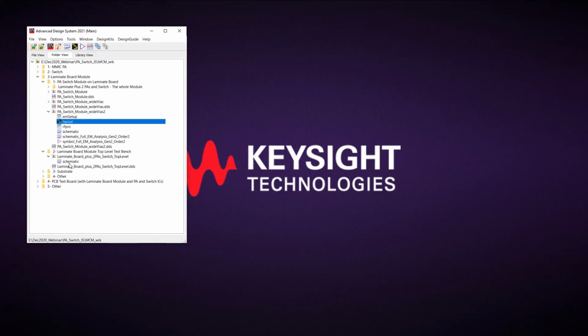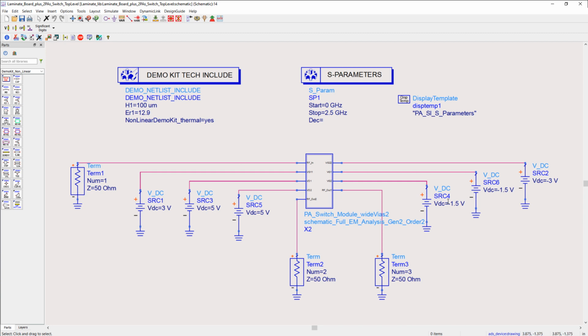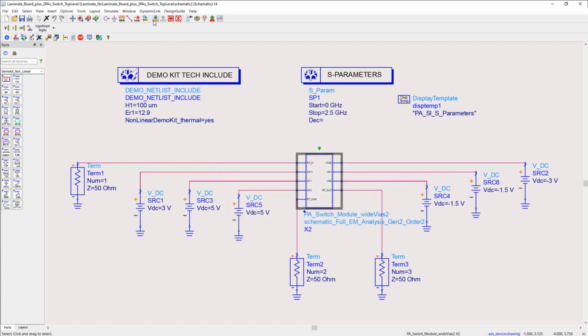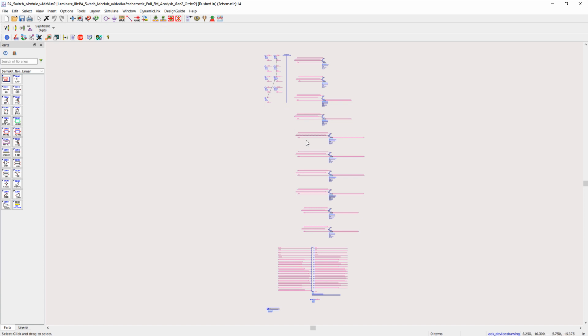So in ADS, I open the top level test bench, and just like I showed earlier, you can select the EM model view as shown here. And if you push into that symbol now, you can see the model that came from RF Pro.